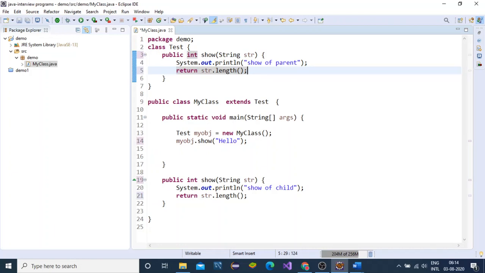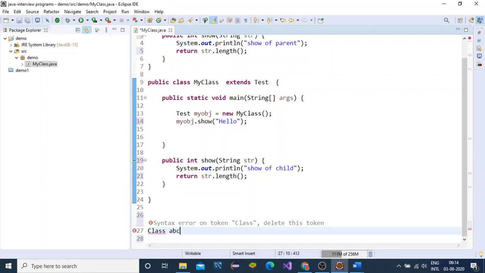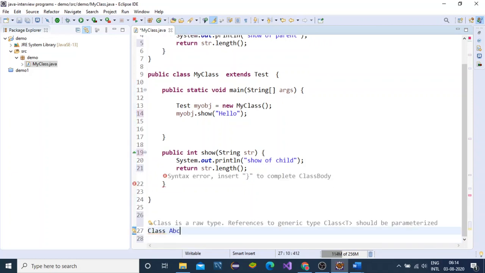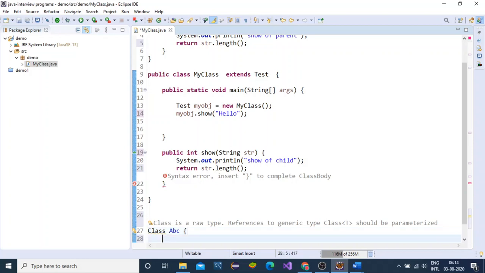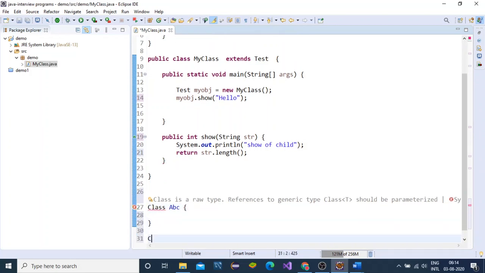So what do we need to achieve? We need to achieve method overriding by changing the return type. So we need to create two classes, ABC and BCD.